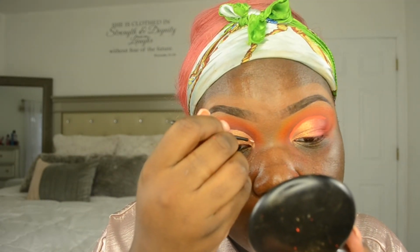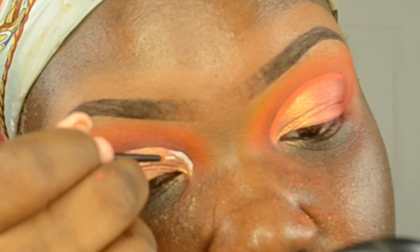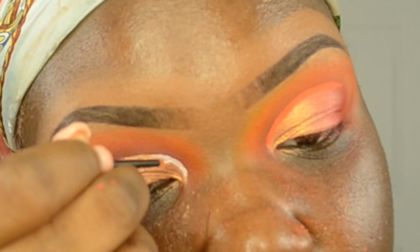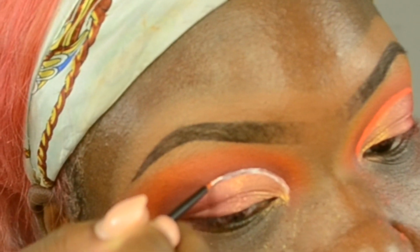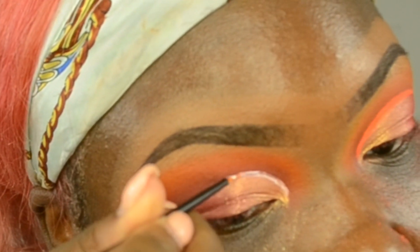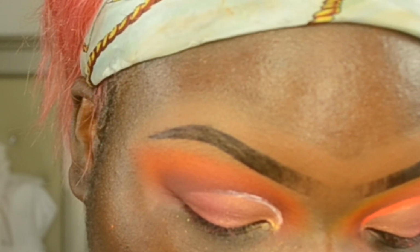Gonna take some lash glue, carefully outline where I want the pigment. It's gonna stop where the shadow starts to get really dark. Using these pigments, I don't know where I got them from, I don't remember, but